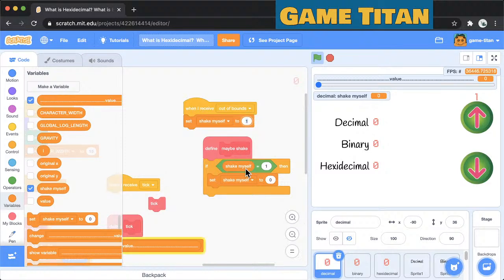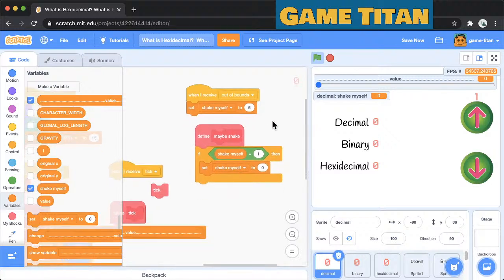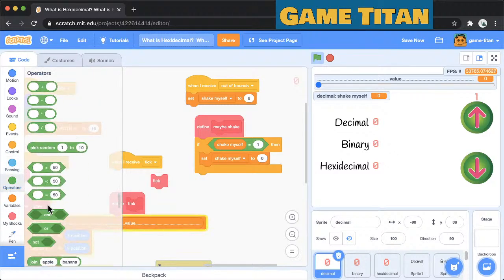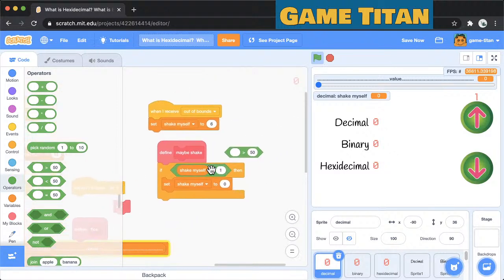Yeah, we'll do something like that. So we'll set this to some number. I'm just guessing 6. Then if shake myself is, no, we need it if it's greater than 0. If it's greater than 0,